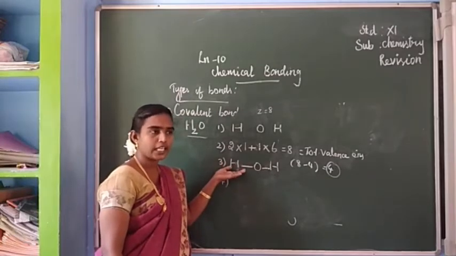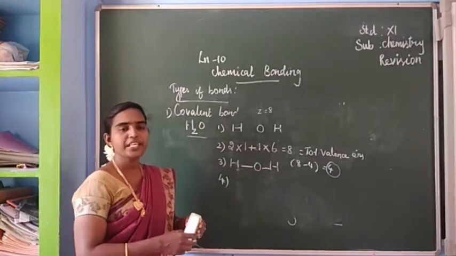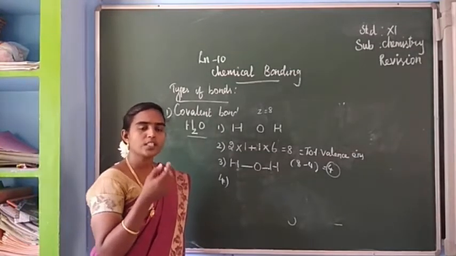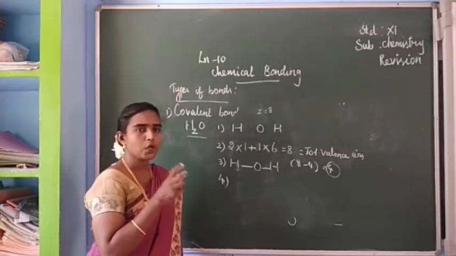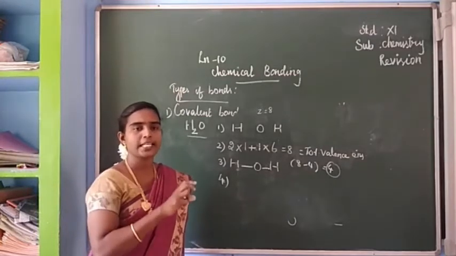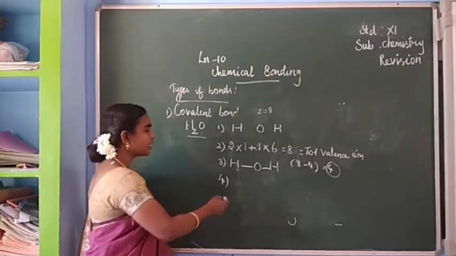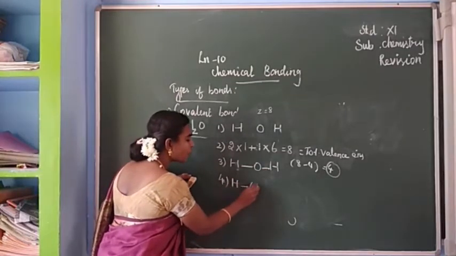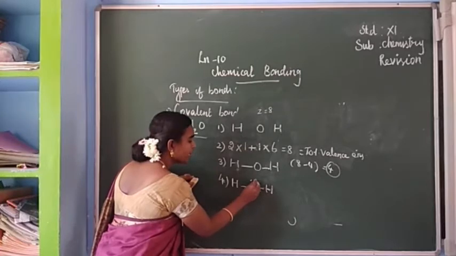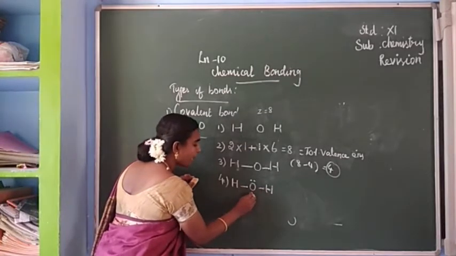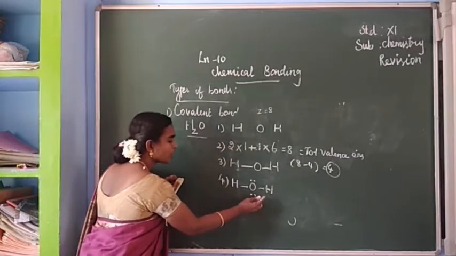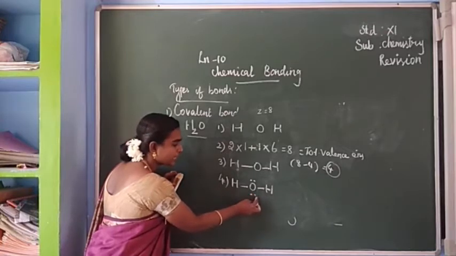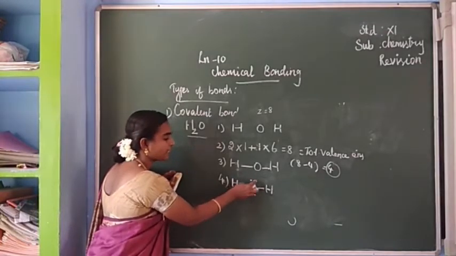So 4 electrons are there. So we are going to give the electrons. How we have to give is, we have to check whether the atom can fulfill the octet rule. So what's the meaning of the octet rule? The total number of electrons which surround the particular atom must be 8, isn't it? So see here, oxygen has 2 plus 2, 4, isn't it? So the remaining 4 electrons should be written like this, at the top and at the bottom, two electrons each. So now we can count the electrons. So this bond carries 1, 2, 3, 4, 5, 6, 7, 8.